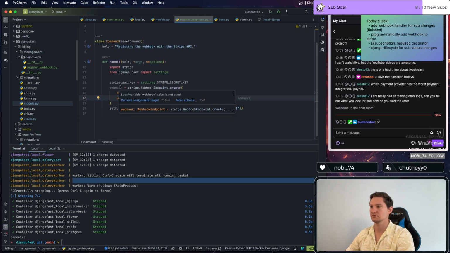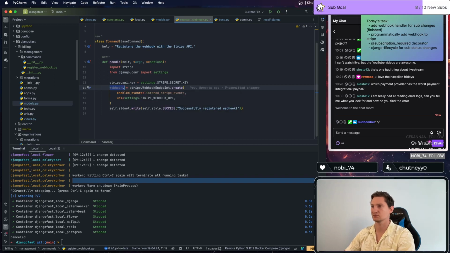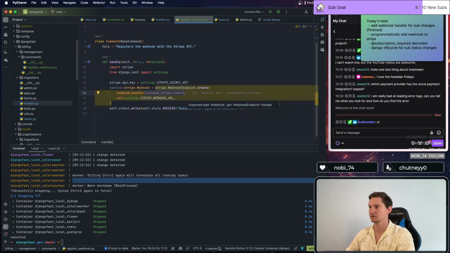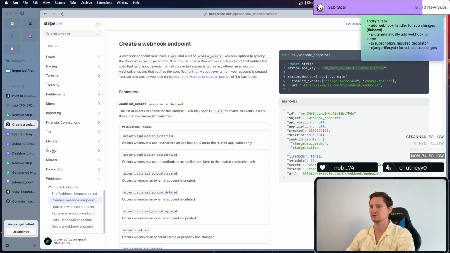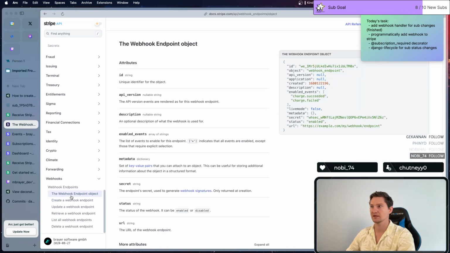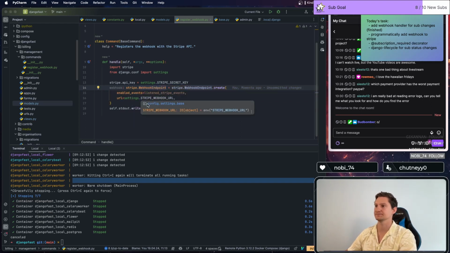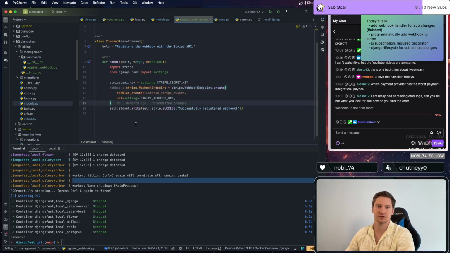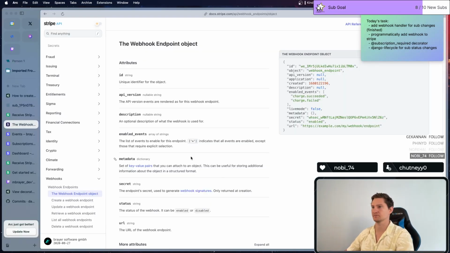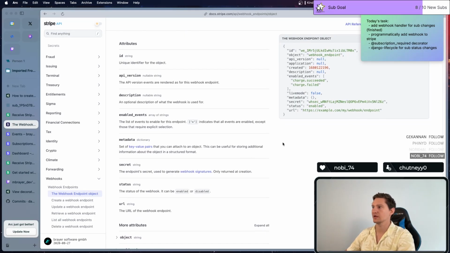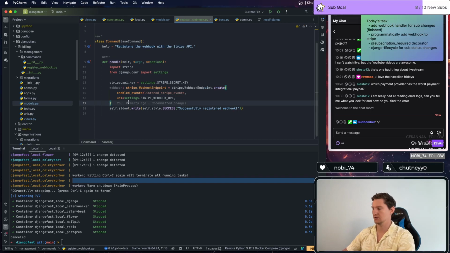So we will receive the webhook, which is of course of type Stripe webhook. Nope, it's not. It's a webhook endpoint. What do we receive? The webhook endpoint object, of course. It's not the webhook, it is the endpoint, because it gives us information about the endpoint. And we create the endpoint, and then afterwards,